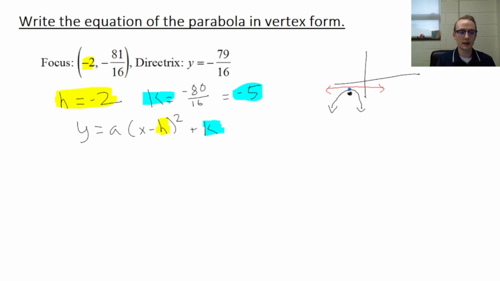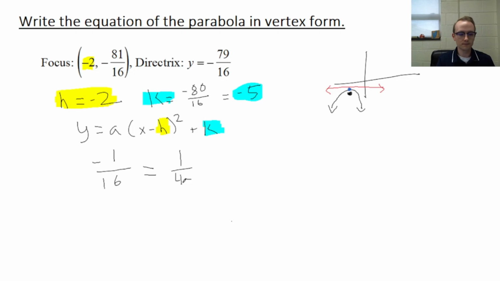So what are we doing to get from -80/16 to -81/16? The y-coordinate of our vertex and the y-coordinate of our focus. You can see to get from -80/16 to -81/16, we're going down 1/16. And that 1/16, that distance from our vertex to our focus, is equal to, remember, with the focus, it's positive